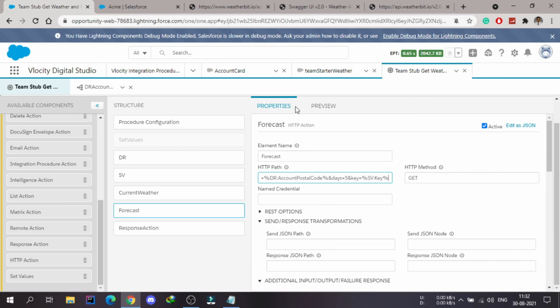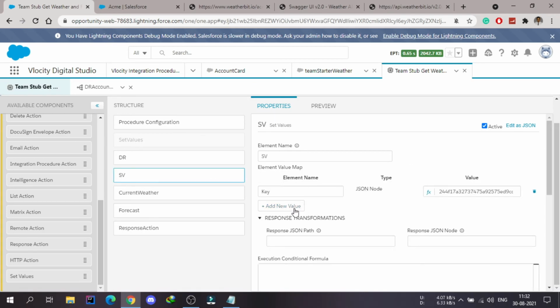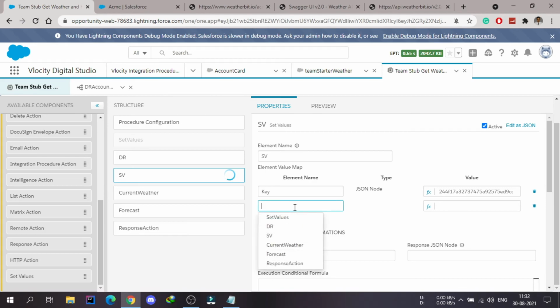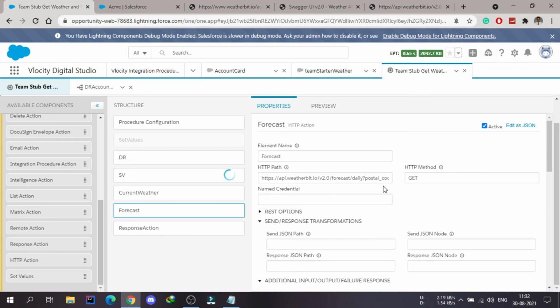One more thing you can notice here, that we have copied the URL and there we have provided days equal to 5. So this is a hard coded value. We can also set the same thing inside this set value. We can use another key value where we use days, and use the value 5, and instead of using the hard coded value directly, we can use sv.days, days equal to sv.days.